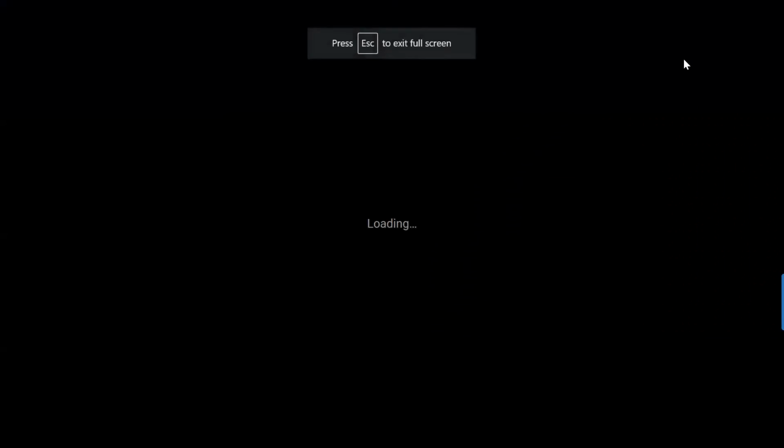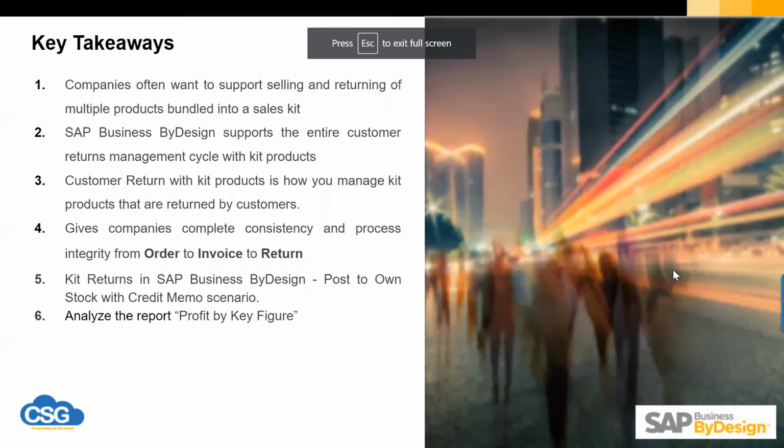Okay, so these are the key takeaways from the session. Companies often want to support selling and returning of multiple products bundled into a sales kit. This is the difference between a normal product and the sales kit, because here the whole bundle can be returned in the form of a sales kit. SAP Business ByDesign supports the entire customer return management cycle with kit products. It has started since one year.